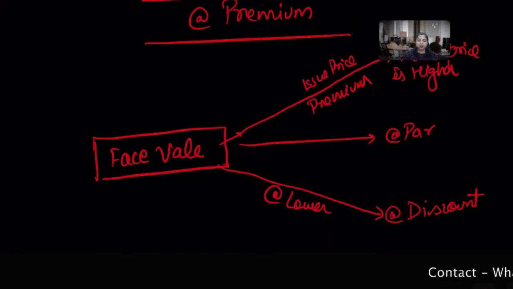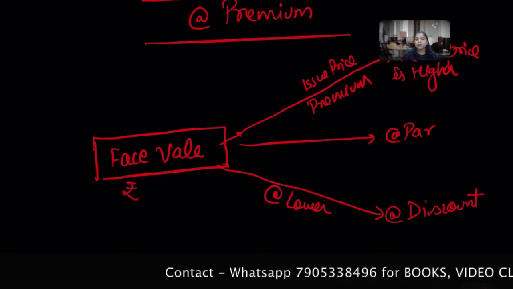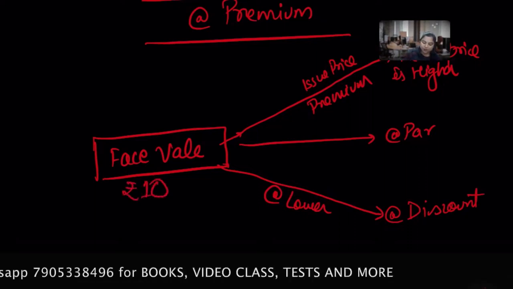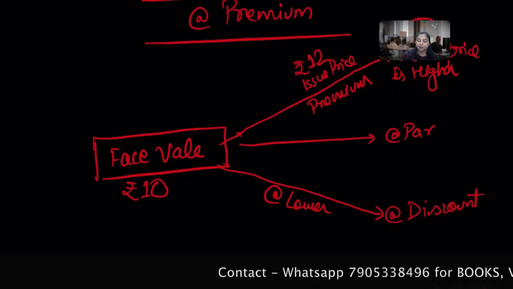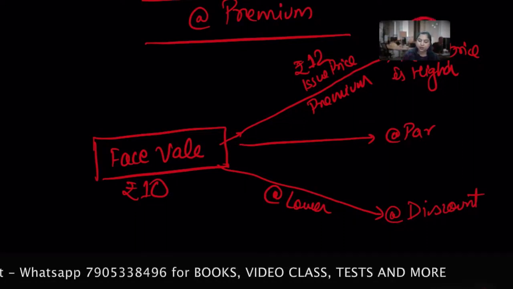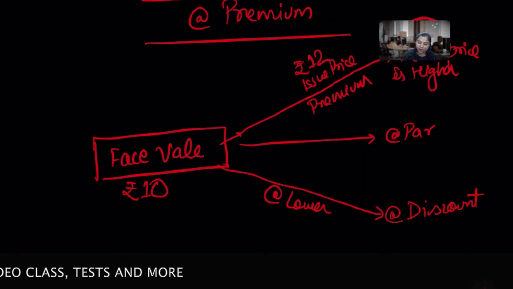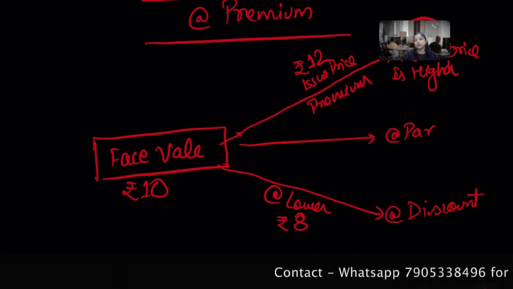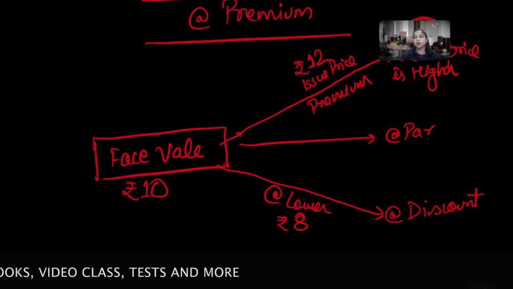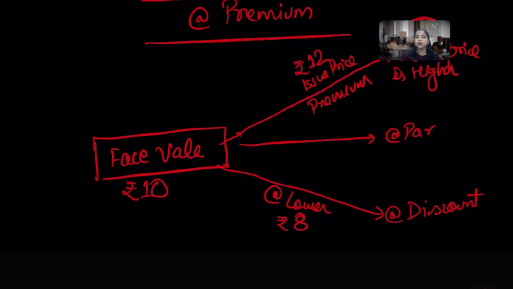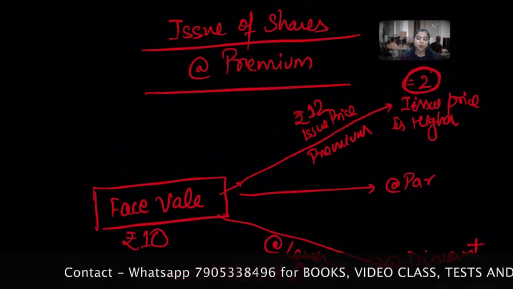Suppose the face value was rupees 10. If it issues at 10, it is at par. If it issues at say rupees 12, it will be at premium, and now rupees 2 is your premium value. It can also be issued, if the company is in some difficult situation, at say rupees 8, then 2 rupees is the discount, which is less than your face value. So this is all about the basic understanding of the security premium. We'll discuss the clauses and provisions of the Companies Act in a while. So give me a moment to conclude in the other language.